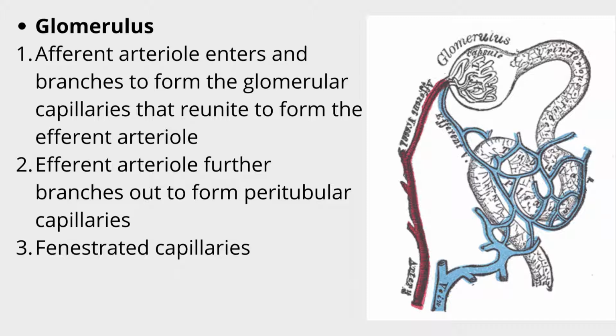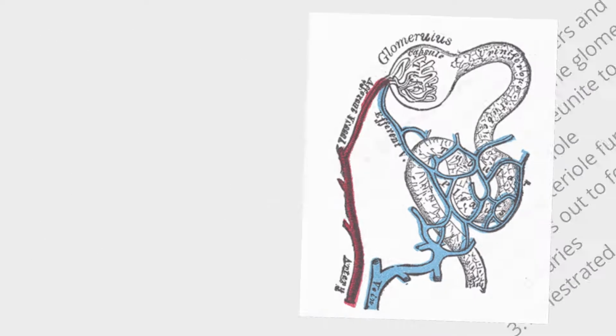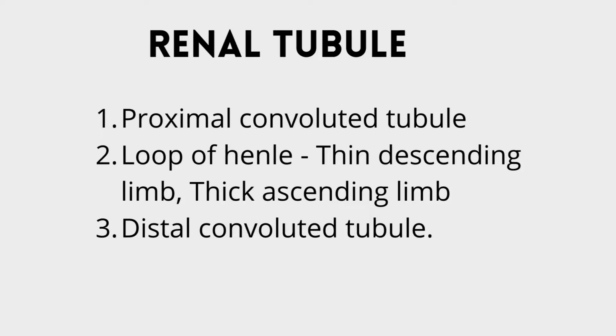And of course these capillaries are fenestrated, and obviously they're fenestrated because they perform the function of filtration. Fenestrations basically means holes or pores, so stuff can easily pass out. It's basically highly permeable. Okay, now talking about the renal tubule, it is made up of the proximal convoluted tubule,